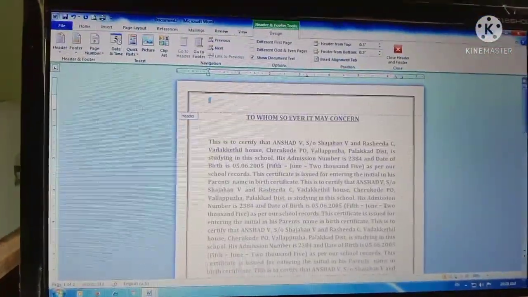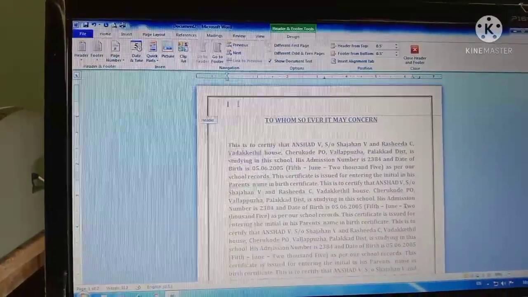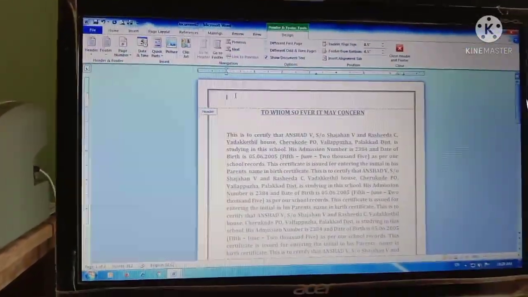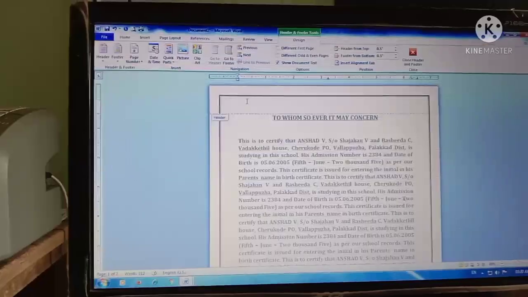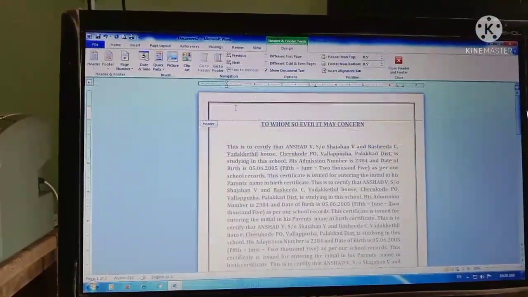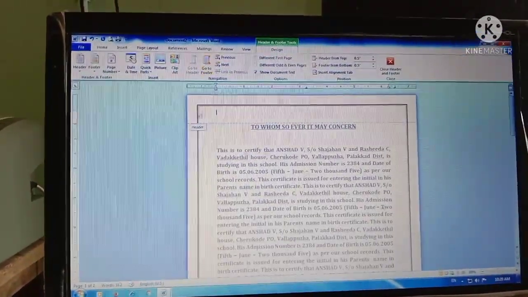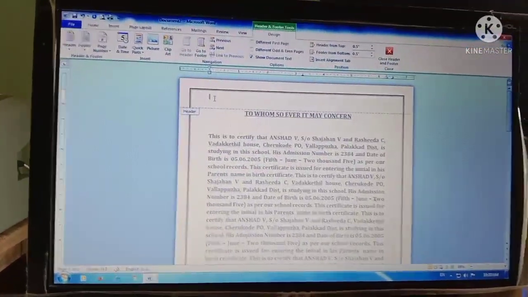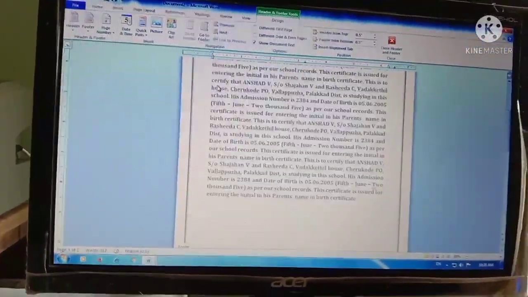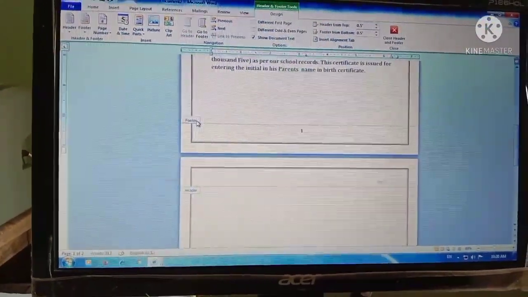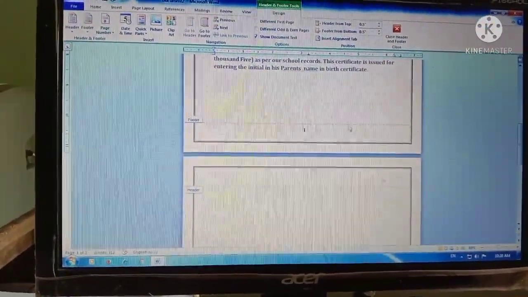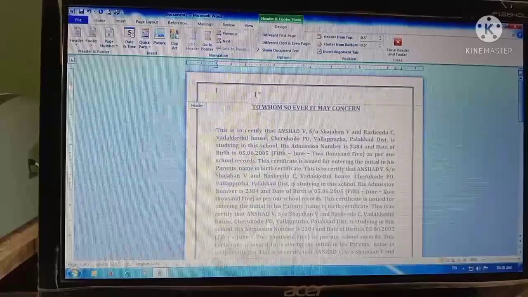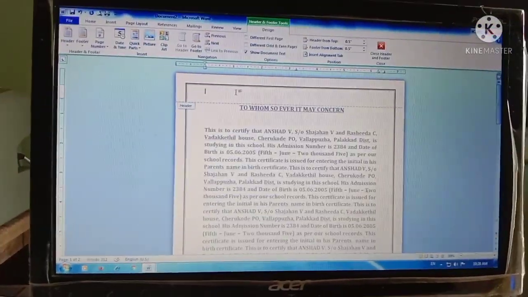Now you can see some header and footer area. Okay, so header or footer means it's a text or image that we can place at the top or bottom. Header means we can provide at the top. This is the text provided at the top, and you can see one footer. It's the text we can give at the bottom. Text means something we can write here. For example, we can give